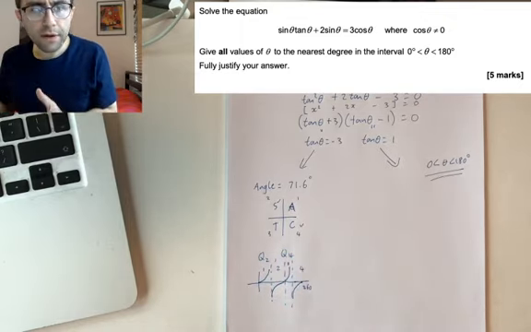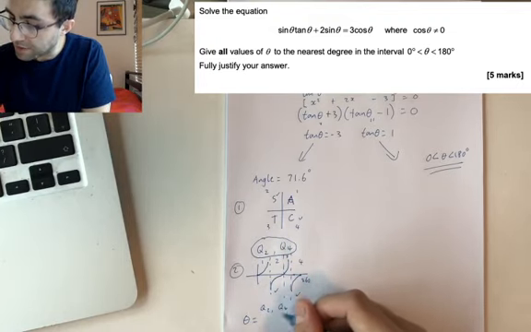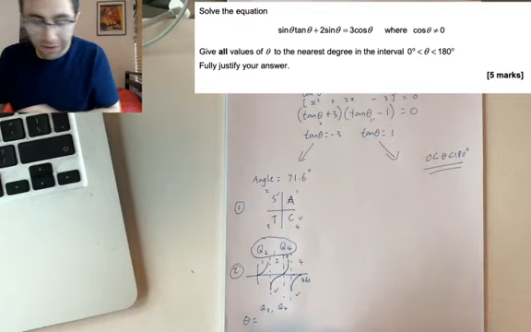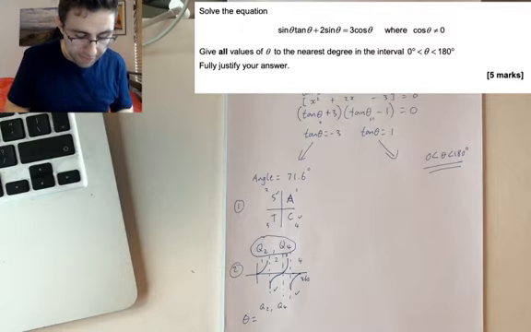So however you get at it, you can use method number 1 or method number 2. You might have some other method, but to be honest, these are the two best, so I'd rather you try one of these. You need to work out the right quadrants to use. Then your actual answers: theta is going to equal, for the second quadrant, 180 minus 71.6, which is your angle. So you're doing 180 minus 71.6. That's going to give you